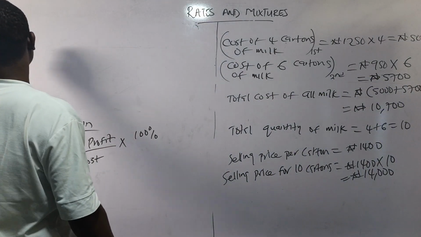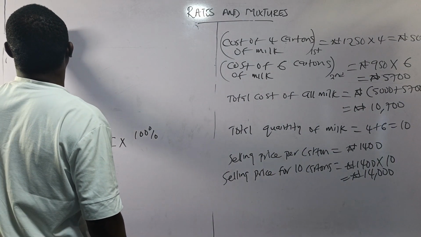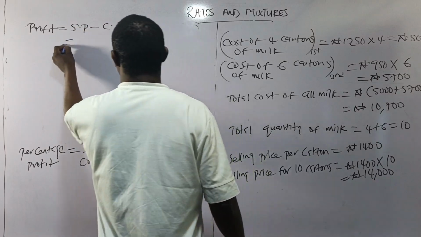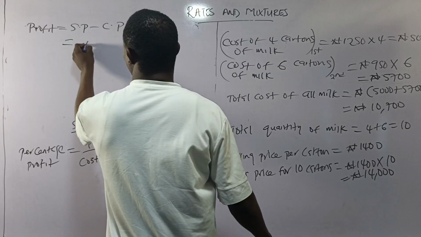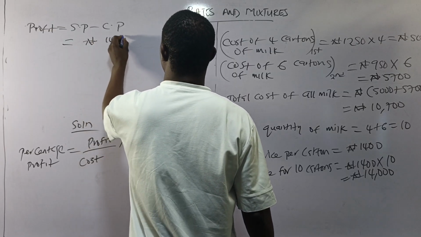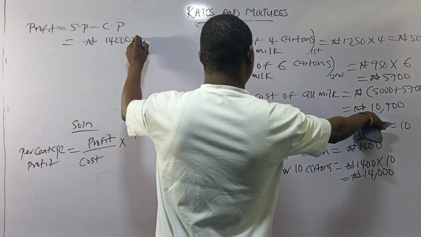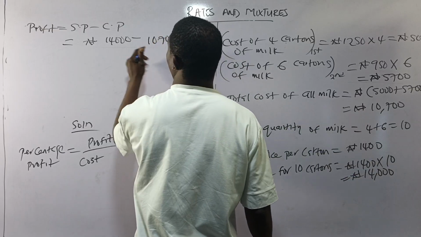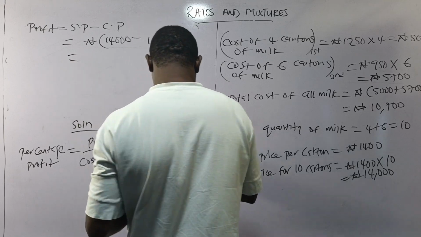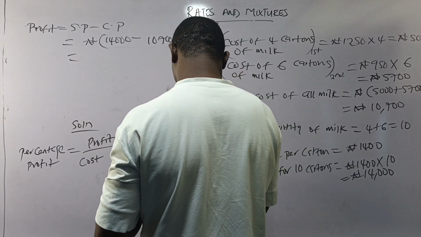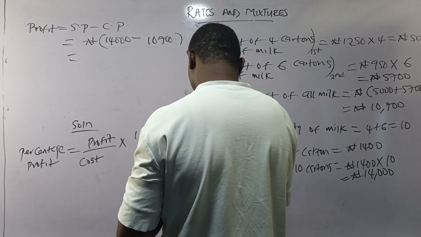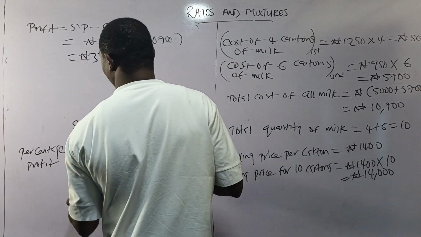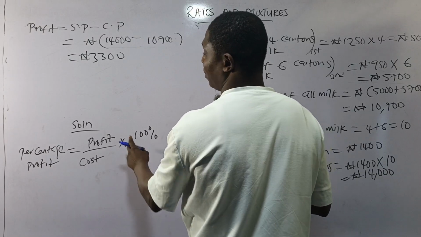So, in general, our profit is equal to selling price minus cost price. Our selling price is 14,000 naira, and our cost price is 10,700 naira. Now, 14,000 minus 10,700 will give me 3,300 naira. And we can therefore put this in our formula to have